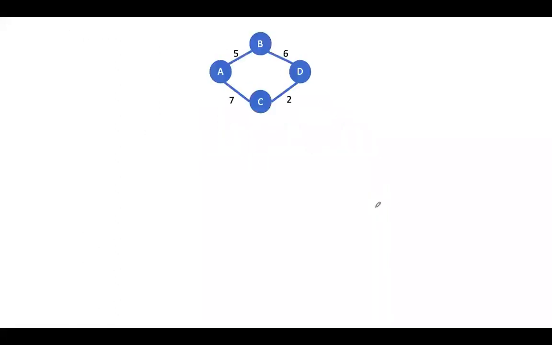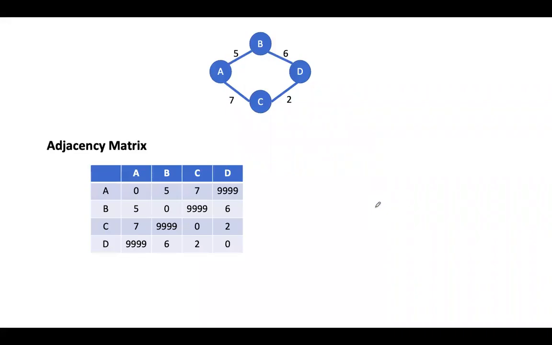So I will take a simple graph. For this graph, we shall write the adjacency matrix. And for this graph, we have to find out the minimum spanning tree using Kruskal algorithm. By just seeing the graph itself, you can easily tell what will be the adjacency matrix, what will be the minimum cost spanning tree, that is A to B, B to D, and C to D. These three edges have got minimum cost. So this will be the